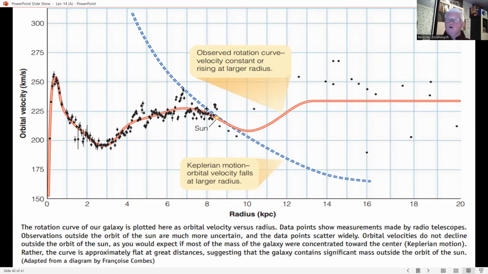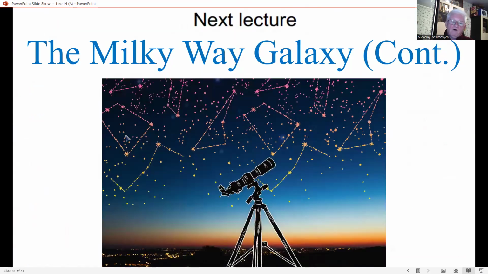Some small fraction of this mass is made up of low luminosity stars and white dwarfs, but most of the matter is not producing any light. Astronomers call it dark matter and conclude that it must be some as yet unknown form of matter. You will continue to learn about dark matter in the following three lectures. It is one of the fundamental problems of modern astronomy.